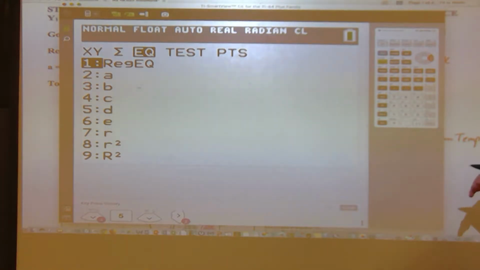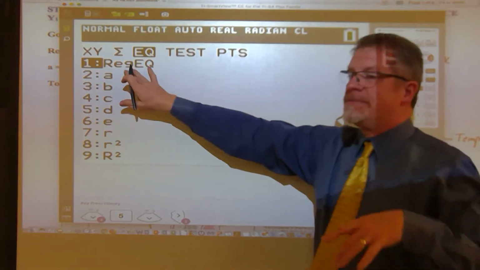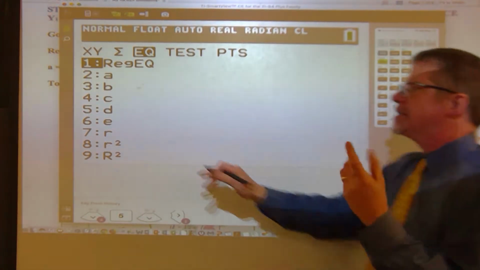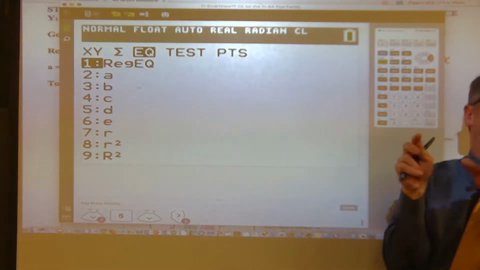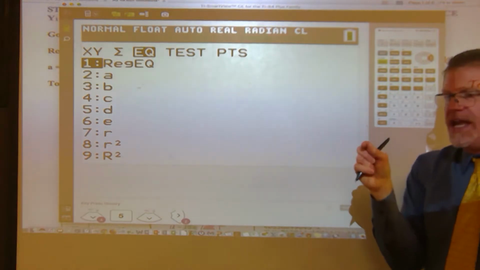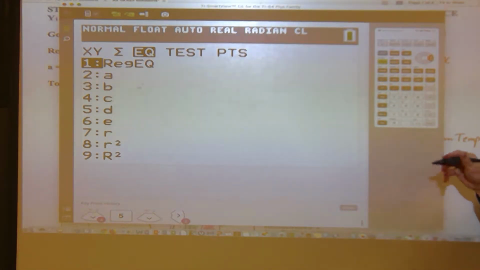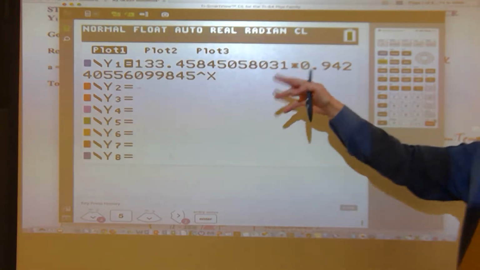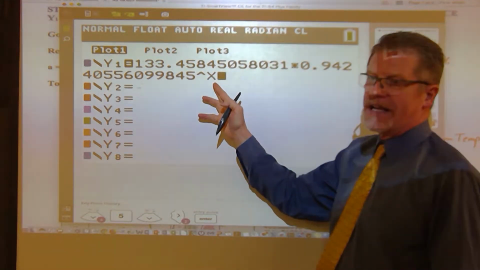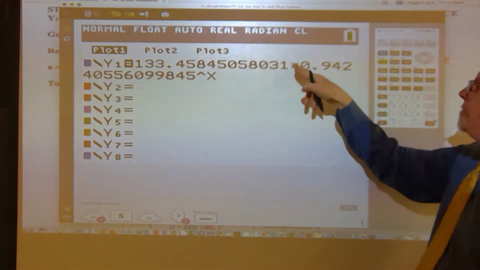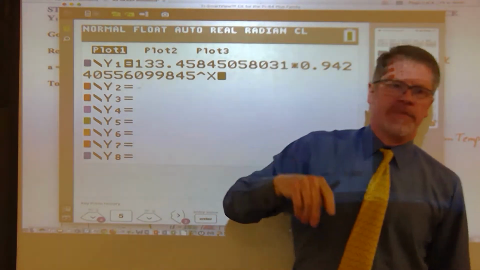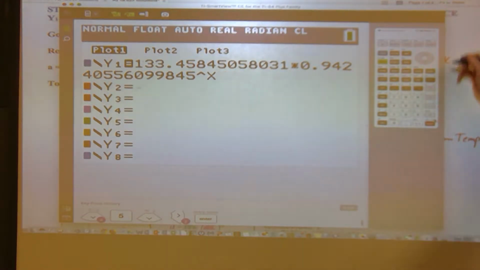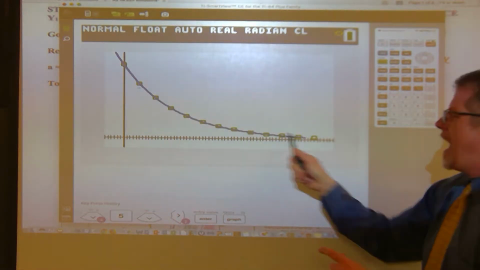Now, item 1, the regression equation, there it is. That a times b to the x is right here. So now when you press enter, your y equals menu, y1 will be populated with a times b to the x. Try it, press enter. Watch what happens. There it is, a times b to the x. Got to start somewhere and multiply by something every minute. So it's in. So now, when you press graph,